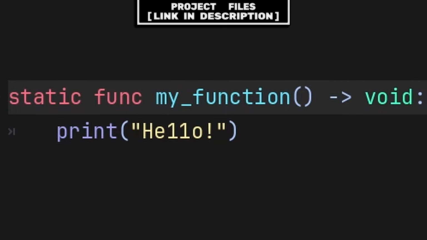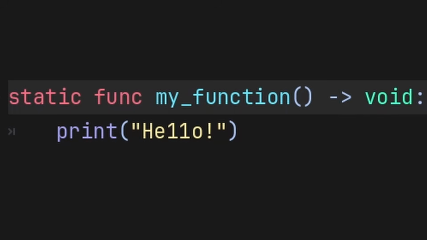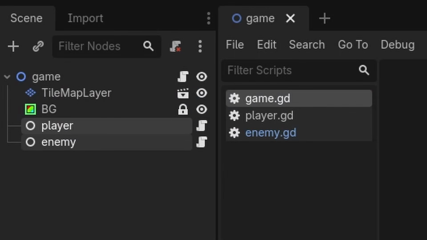A static function is a function that belongs to a class rather than an instance. It can be activated or called without adding any node to the scene, and is commonly used for reusable logic, utility code, and calculations. For example, if I have a player and an enemy, and I want to calculate the